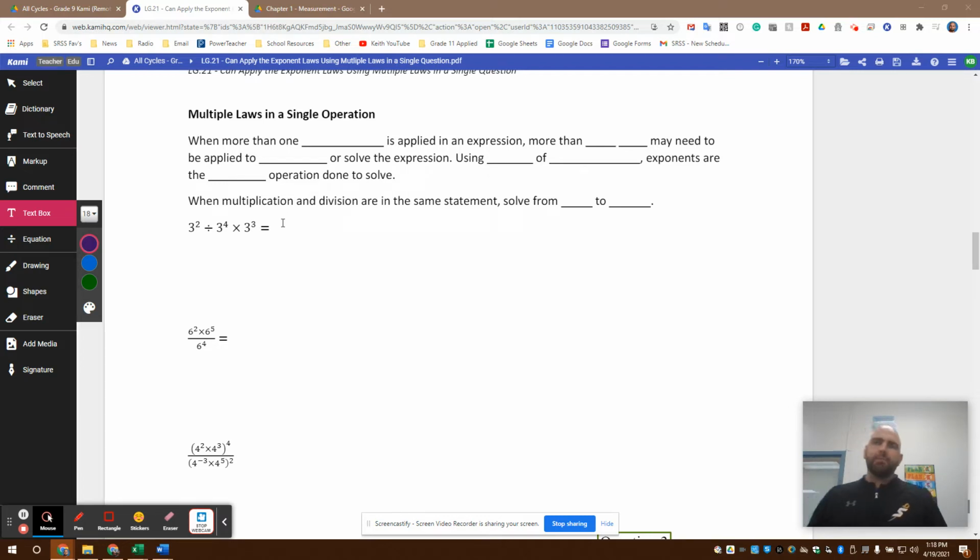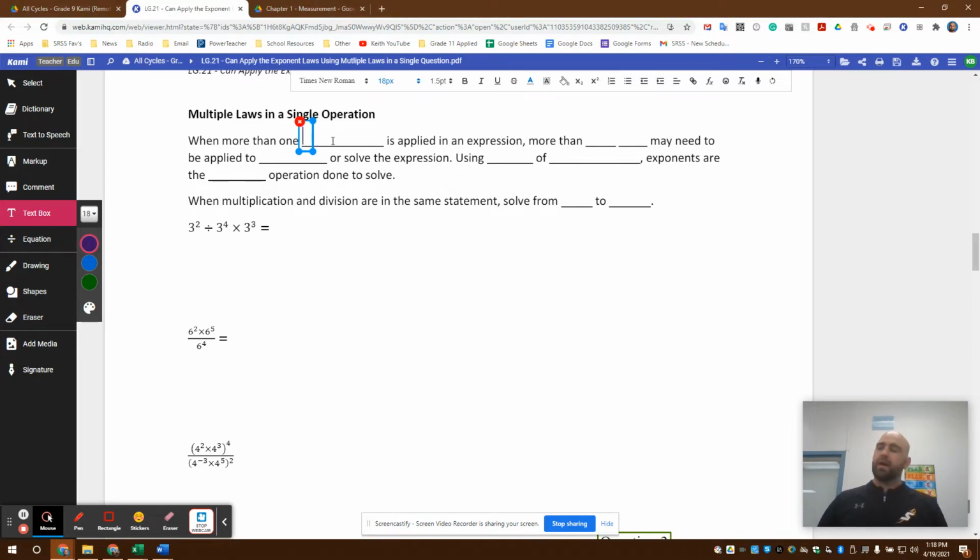So now we're going to take a look at multiple laws in a single operation. This is very similar to order of operations, which you've dealt with in the past using just regular numbers. But now we're going to think about it in terms of exponent laws. So when more than one operation is being applied in an expression,